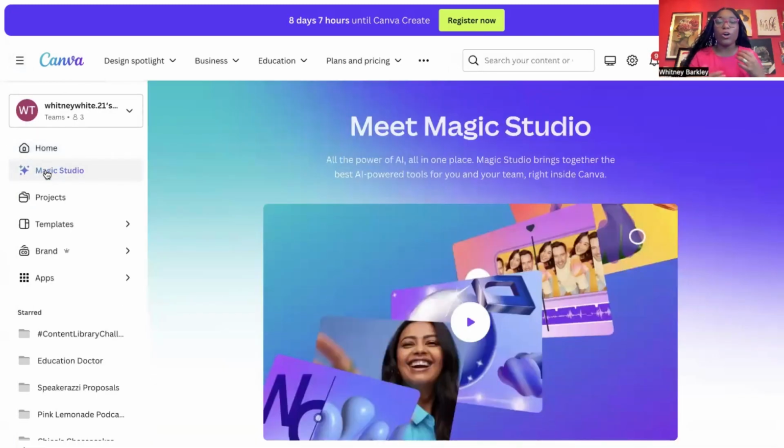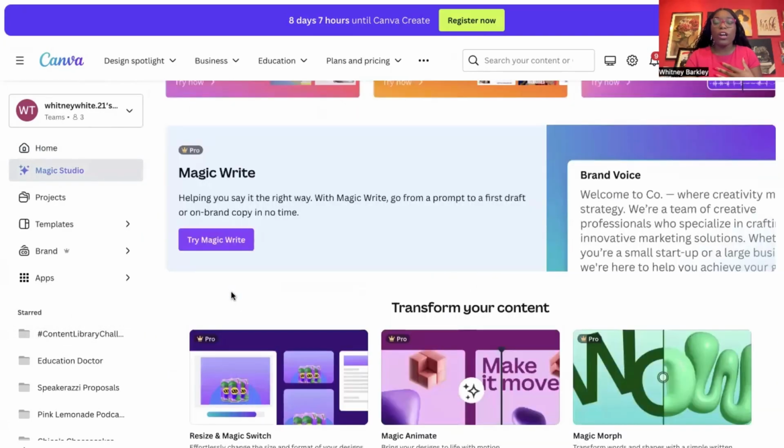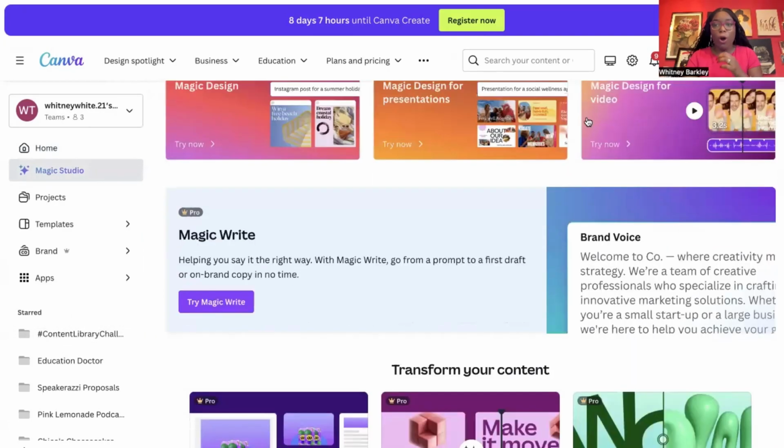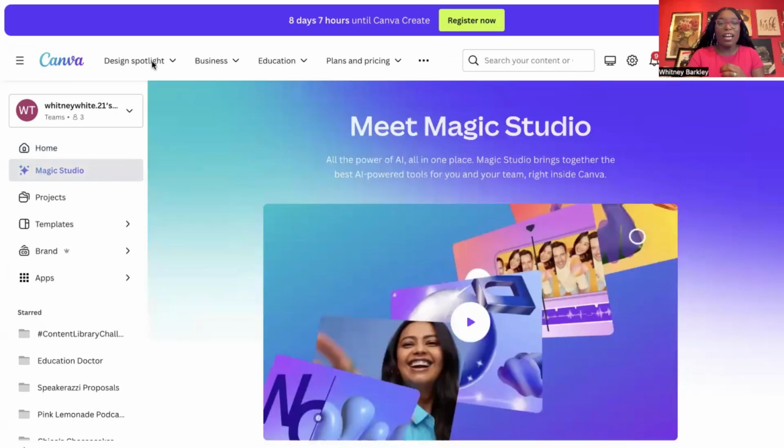So Magic Studio is where all of the AI tools live, right? If you want to quickly access them, you can go here to get some great AI tools. We're going to refer back to the Magic Studio often. Now, the first thing that I want to do, I kind of want to show you all something that's really